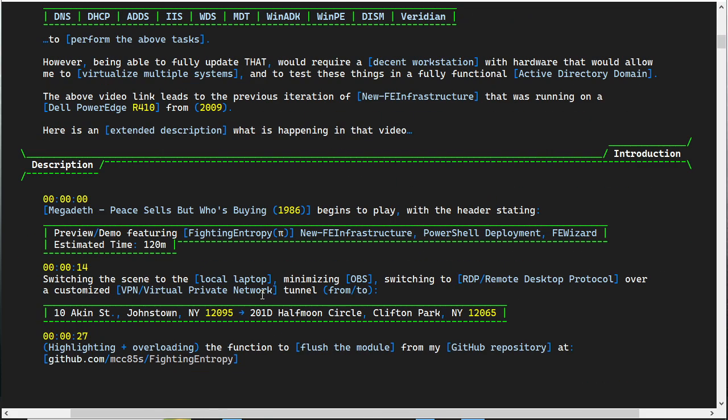Description. 0 seconds. Megadeth, Peace Sells, But Who's Buying begins to play, with the header stating preview demo featuring FightingEntropy, New-FEInfrastructure PowerShell deployment, and FEWizard. Basically, the demonstration covers those 3 things. Estimated time 120 minutes. 14 seconds in, switching the scene to the local laptop, minimizing OBS, switching to remote desktop